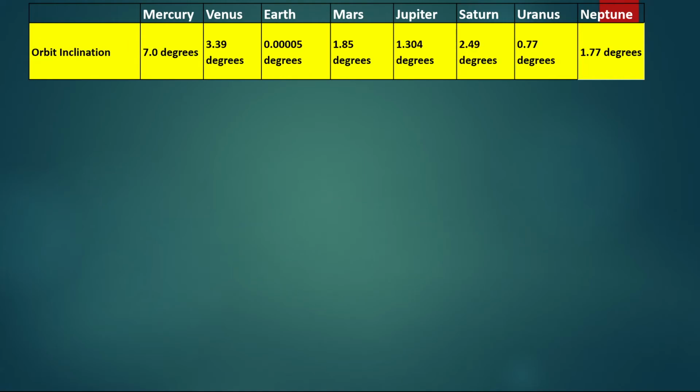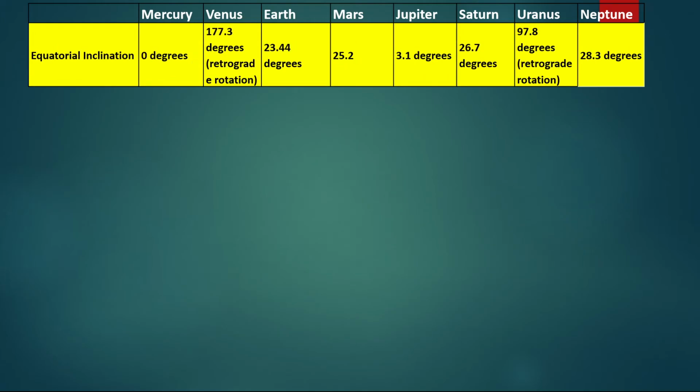So here is orbit inclination. What is orbit inclination? Like this is the sun and Earth is rotating around this orbit. If we say this is a plane orbit, then some orbits are inclined like this, some are like this. So this is the tilt, orbit tilt. Every orbit is at a different angle. Here you can see some orbit is like this, Earth orbit is like this. And say Mercury, if this is the sun, then Mercury is around like this, rotating like this. So this is three-dimensional. You can imagine this as a three dimension.